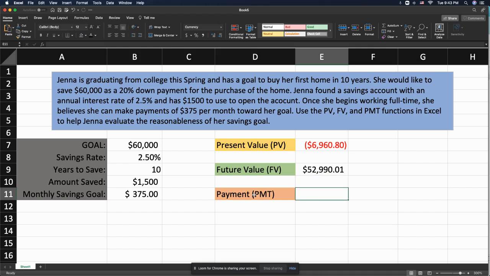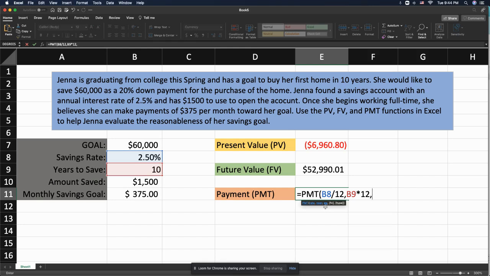Okay, another thing we can do is calculate a payment. This is when we want to know what the payment should be. She has a goal of $375 as her monthly payment, but we can use the other parameters to help figure out what that payment should be in order to meet the goal. So equals PMT, and we have our function ready to go here. Again, starting with our rate, 2.5% divided by 12, comma, the number of periods, 10 years times 12 each month, comma,